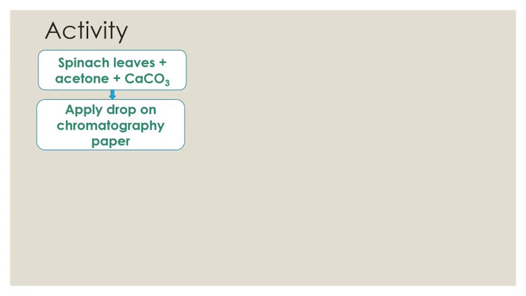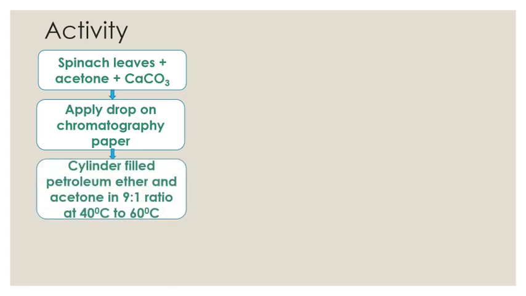Add a drop of this decoction on chromatography paper, and then place this paper into a cylinder filled with a liquid solvent medium made from petroleum ether and acetone in a proportion of 9:1 at normal temperature. Though in the book they have mentioned 40 to 60, in normal temperature